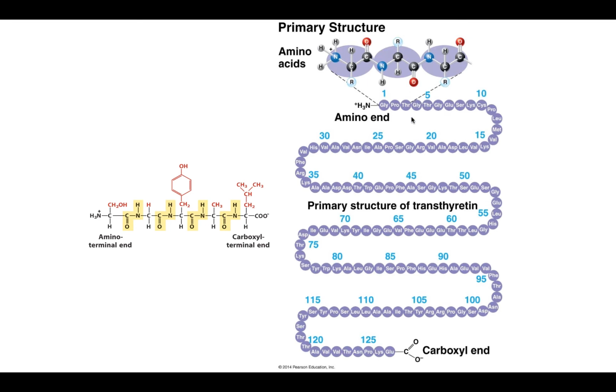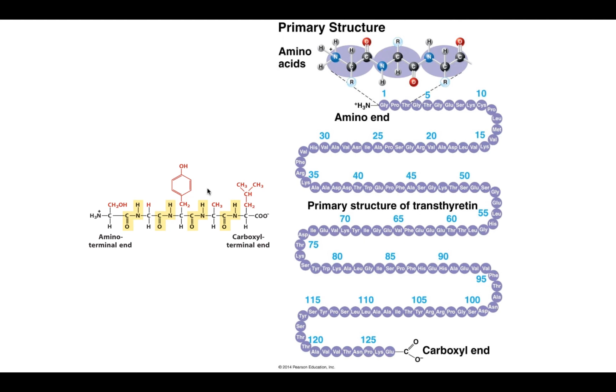We know that this chain has an amino terminal end. We know it has a carboxy terminal end. We know that the R groups of each one of these amino acids are sticking out, right? So here we have all the bonds keeping all of the amino acids together, and here we have the R groups. So that's it. The primary structure is defined as the sequence of amino acids connected to one another by